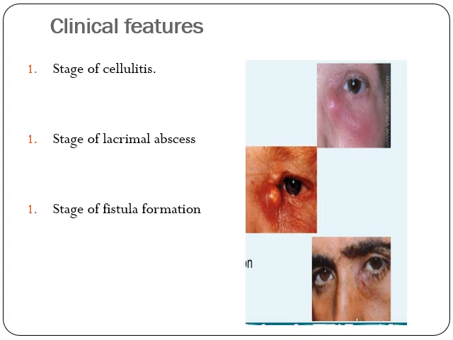Then third is the stage of fistula formation. When a lacrimal abscess is left unattended, it discharges spontaneously, leaving an external fistula below the medial palpebral ligament. Also, sometimes the fistula may open into the nasal cavity, forming an internal fistula. The treatment at this level is controlling the acute infection first with systemic antibiotics, then later fistulectomy along with DCT or DCR operation should be performed. So these are the three stages with their treatment.